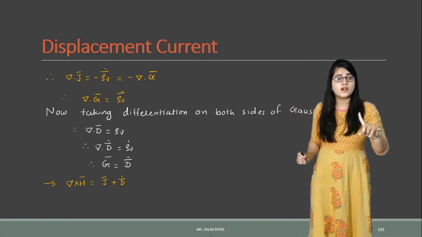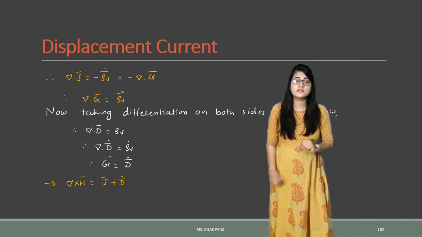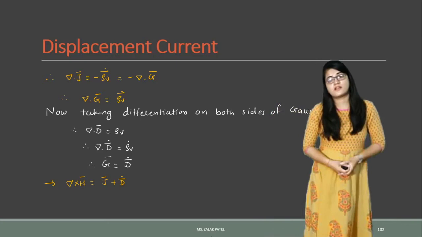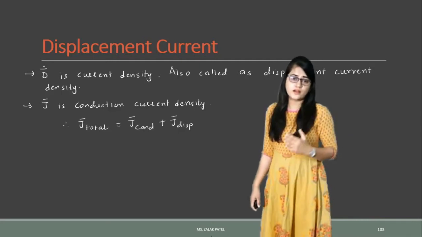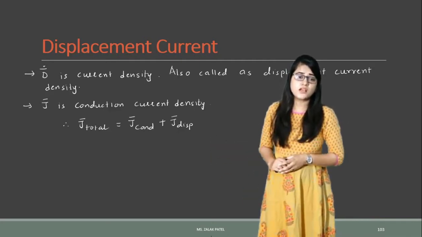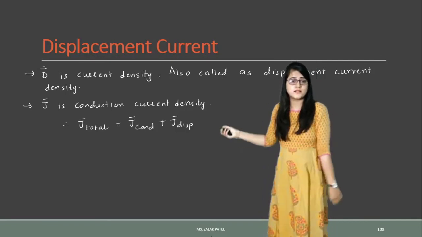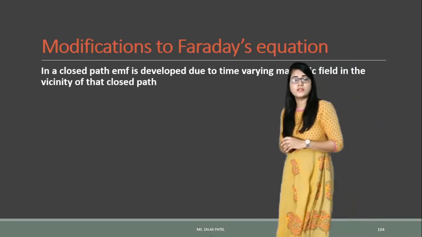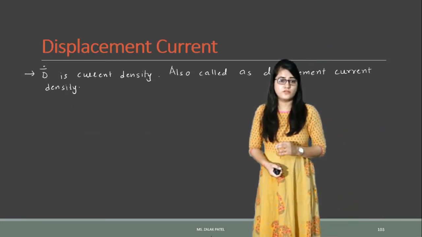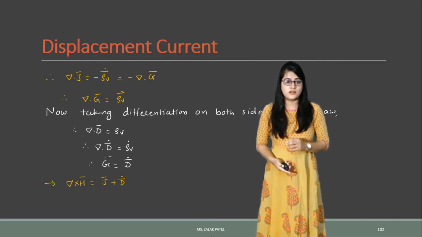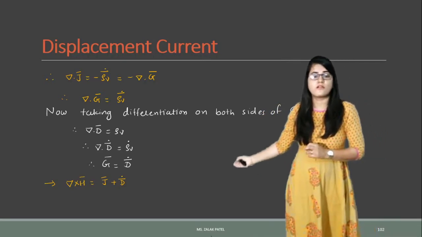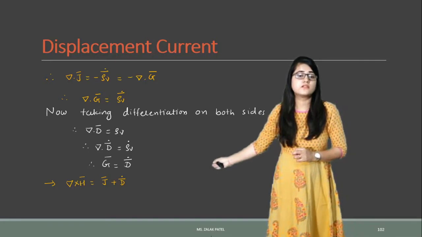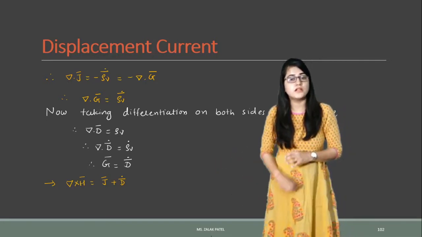In time varying field, one term is added. Please note that this term is the time variation of electric flux density. If you want to write this in terms of integration, then also you can write. But here the total current density J is due to two parts, that is due to conduction and due to displacement. So you can also write them in terms of integration. If you want to make this equation in the integral form, then it will be like surface integration of ∇×H dS equal to the surface integration of J plus D bar dot dS bar.